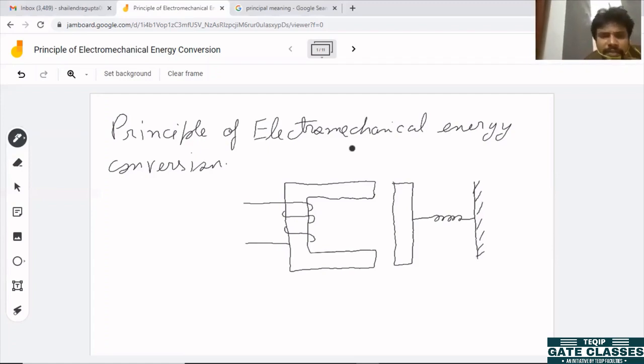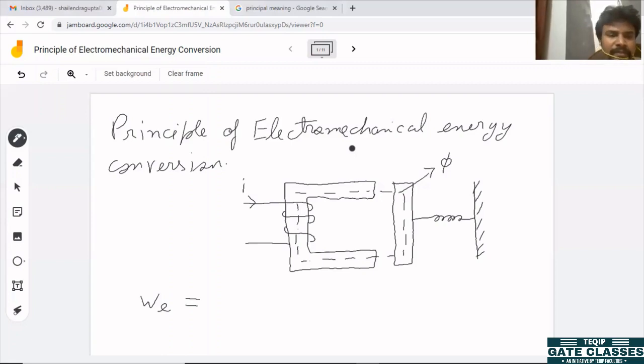So what we can see here, we will give electrical input to this coil, and this coil will generate the magnetic field in the magnetic material. Let us say this is phi, the flux. So we have got electrical input, let us say electrical energy. Now this electrical energy is developing magnetic field. So there will be some energy associated with that field.